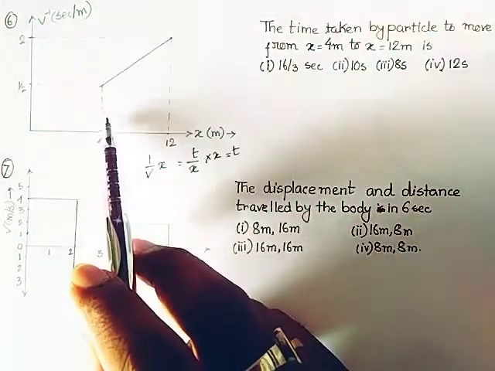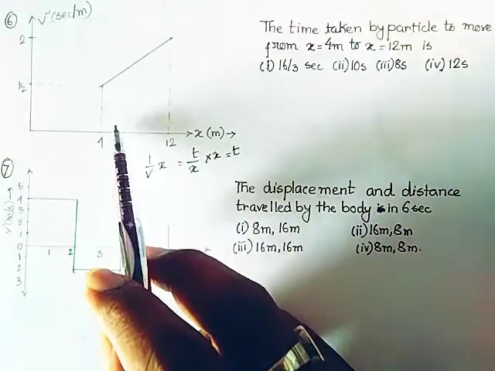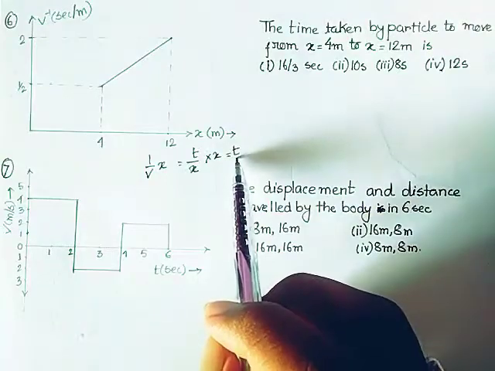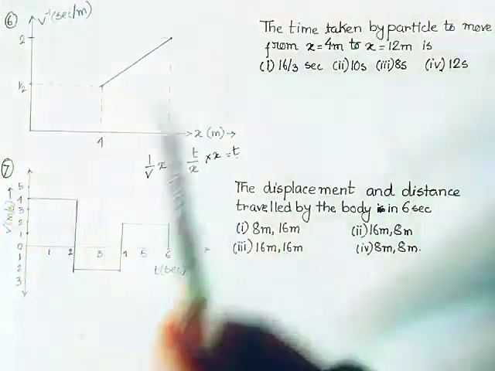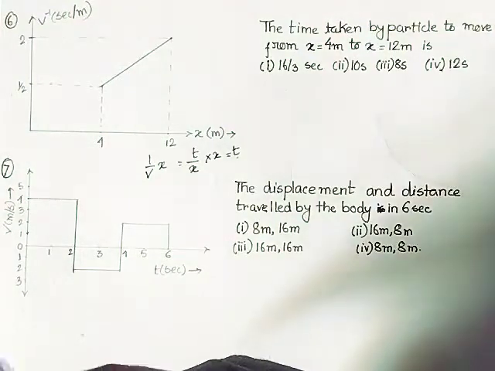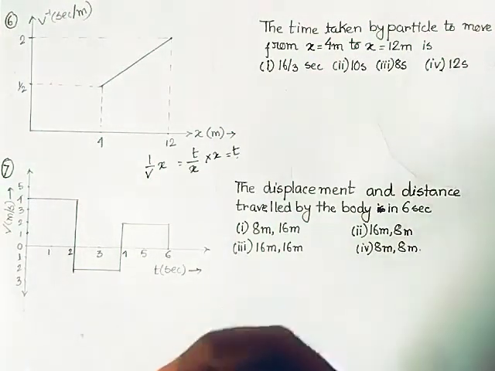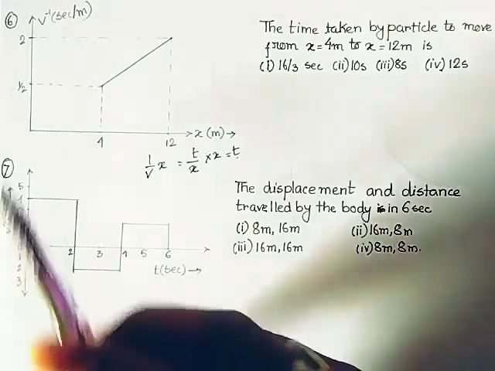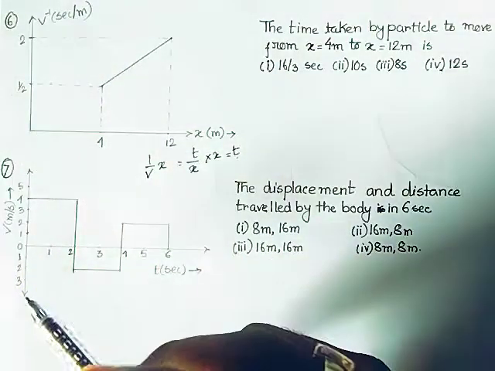So if I calculate the area under this curve, it will give the time. v inverse and x are here, that's why it gives the time. If it is v and t, or v and x, that is somewhere else. So whenever you are doing any kind of graphical analysis, just look at the variables represented along the vertical axis and the horizontal axis.